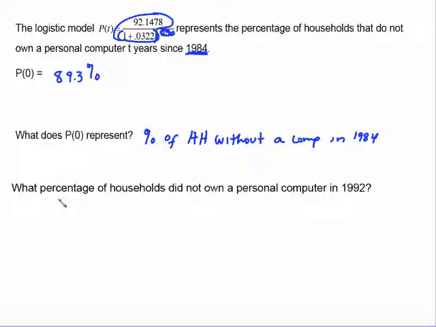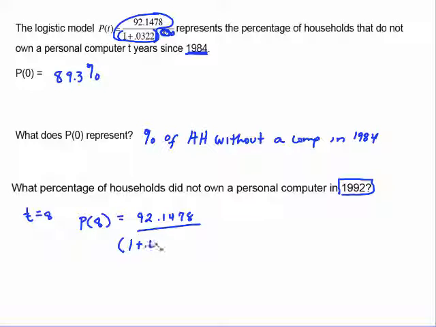Now it asks us, what percentage of households did not own a personal computer in 1992? Well, first off, we have to think about that 1992 is 8 years since 1984. So in this case, t equals 8. So it is another calculator problem that we've just got to be sure we enter correctly. So we're doing P of 8, and it equals 92.1478 divided by, and I'm going to go ahead and put the parentheses there so I don't forget it with my calculator, 1 plus